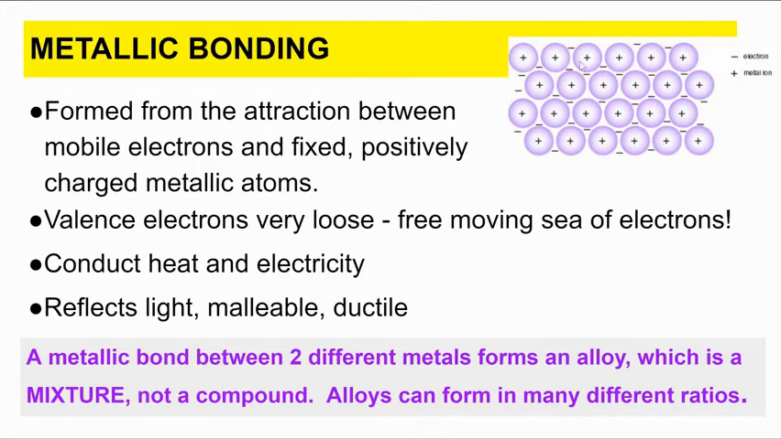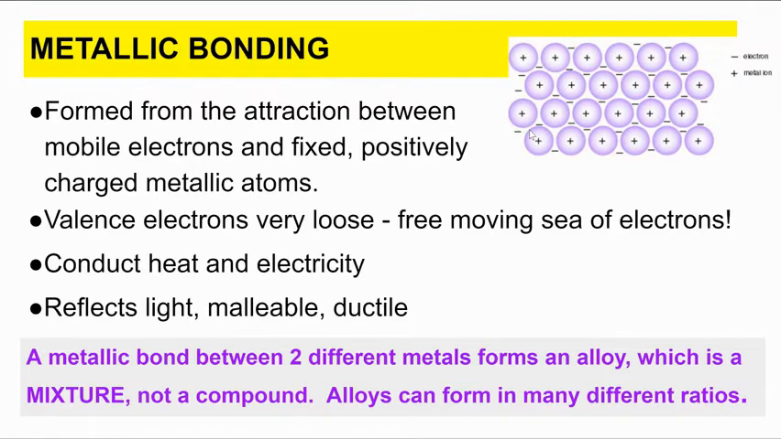positively charged metallic atoms that are in fixed positions, and the electrons are mobile and can move anywhere within this structure. So, since the valence electrons are very loosely held, they're a free moving sea of electrons. This allows metals to be excellent conductors of heat and electricity and allows them to reflect light, be malleable, and